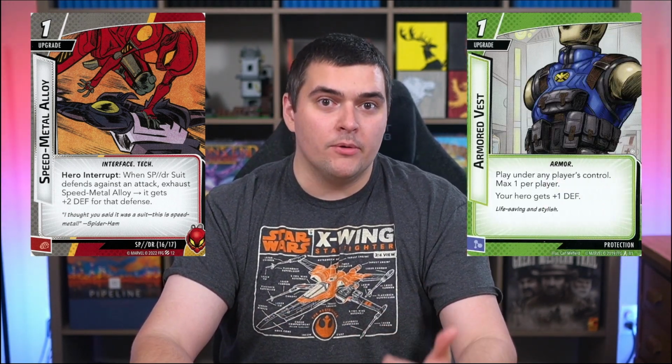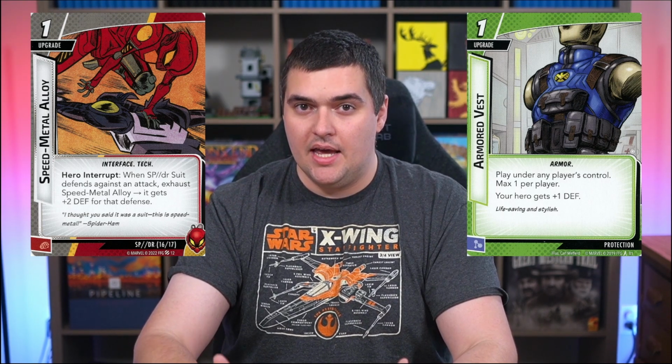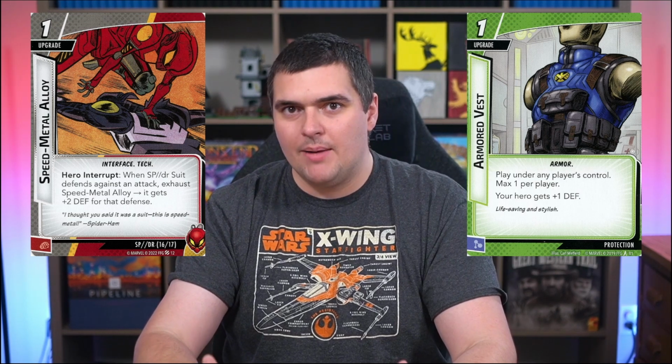So she has Speed Metal Alloy on the table that bumps her up to a 4 defense on a single defend, and if you have an armored vest, you're at 5, so you're probably not going to be taking a ton of damage if you are running protection, which means you will be able to trigger the Unflappable very consistently. However, the